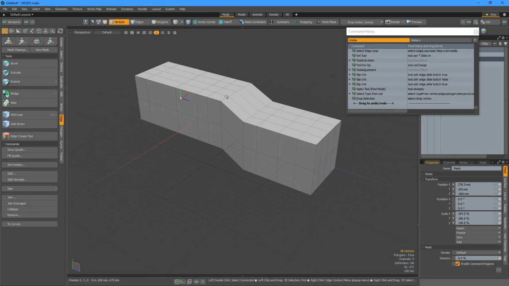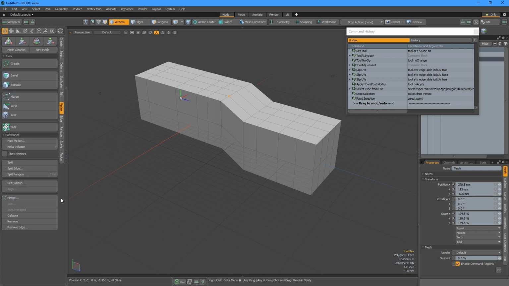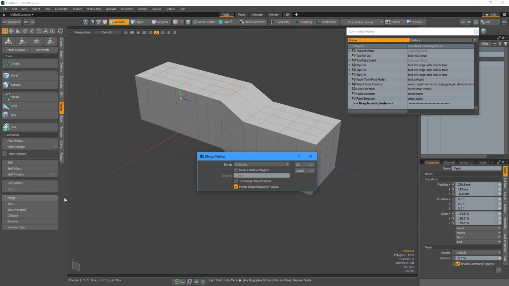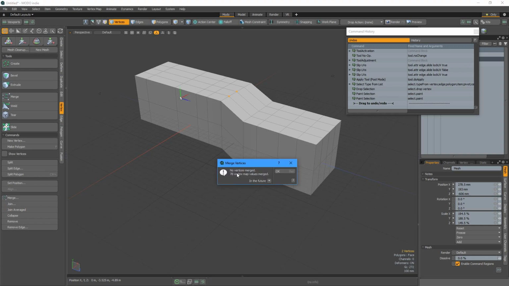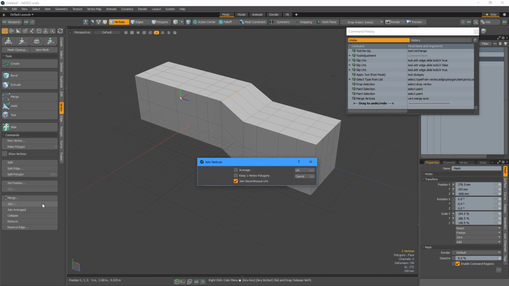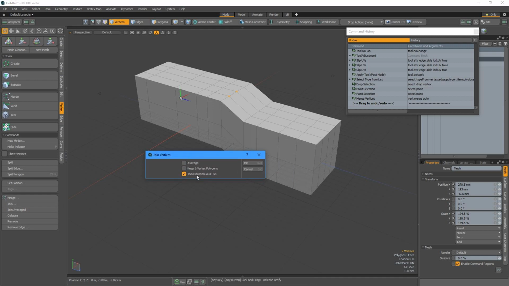To merge vertices, edges or faces, you can either use the join or join average command under the vertex, edge or polygon column menus. The merge command on top merges the vertices within a certain radius from each other, like the remove doubles in Blender. To merge individual vertices, we can use the join command in any selection. As we select two vertices and click join, we get a pop-up window with some settings, but as we click